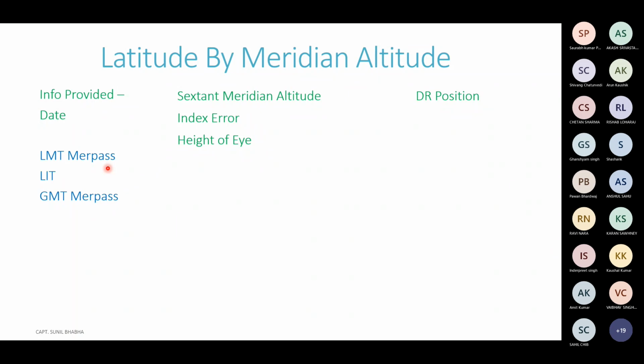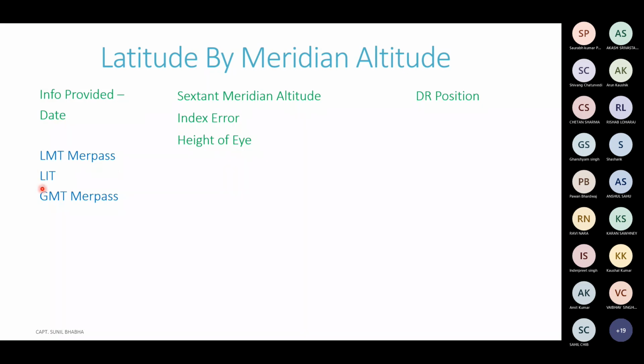Then for planets, again the LMT meridian passage of planets is also provided. It is given at the bottom of the page. For sun and moon, it is given at the bottom of the right side page, the daily page, the date page. And for the planets, it is given at the bottom of the left side page on the right corner. So bottom right corner of the left side page, you will have the LMT meridian passage of all the 4 planets. So we pick up this LMT Marpas from the almanac